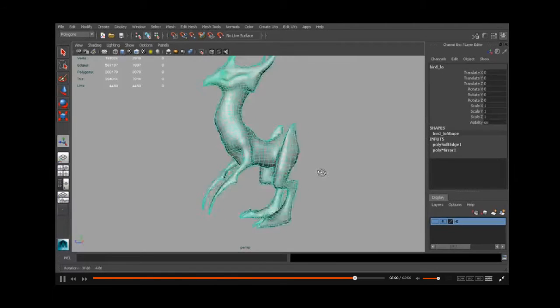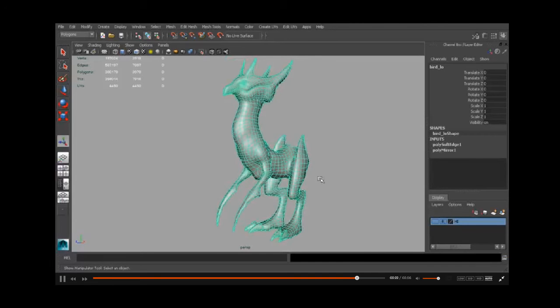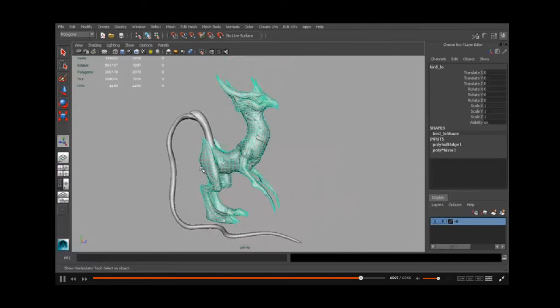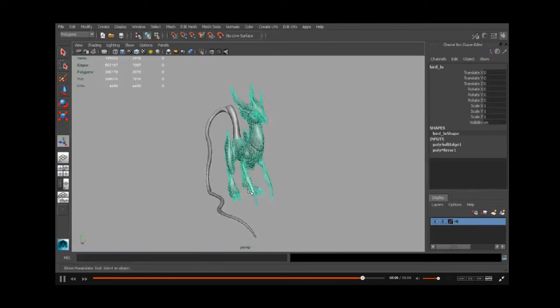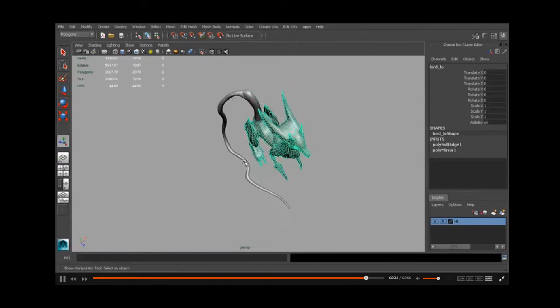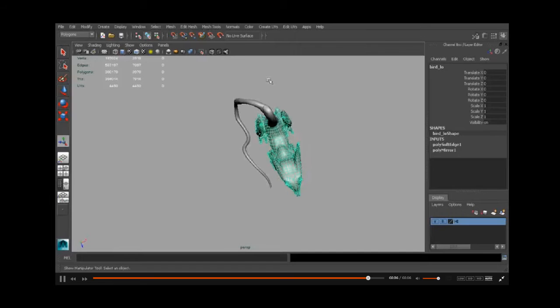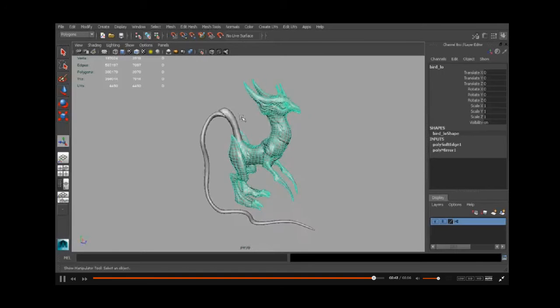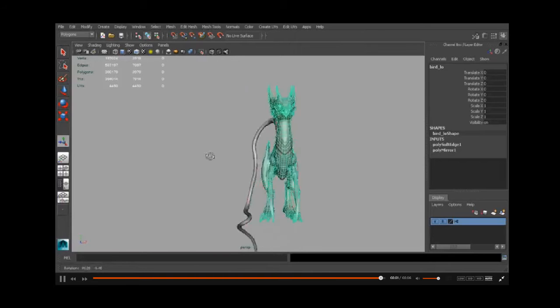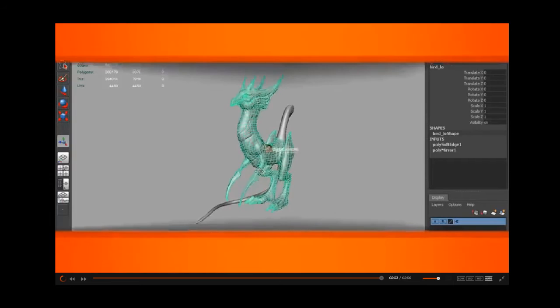Okay, so now that we've got this main geometry mirrored, the last thing that we need to create for our new topology is the tail. So we'll look at how we can start to create topology for odd asymmetrical objects like this tail coming out. It doesn't go straight back, it's actually laying along the ground, and that can be a bit of a pain even to do your shrink wrap by bringing in a cylinder. It's going to be a pain just because it's so long and goes in all different directions. So let's take a look at how we can address shapes